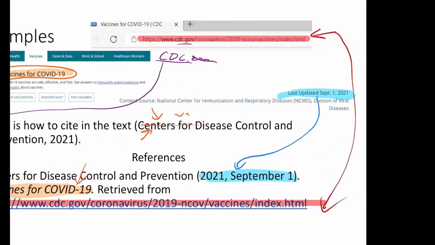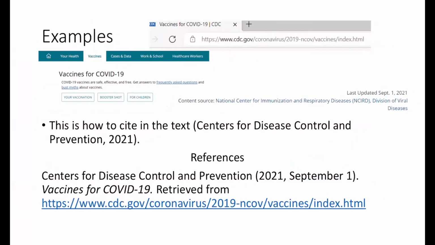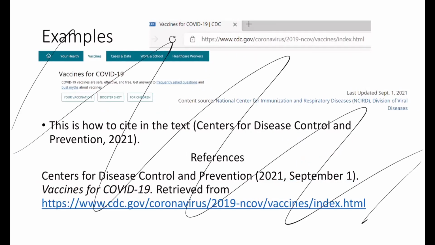Now, let me see. I'll bring up a new page here. So I'm just going to kind of scribble over this so that I can give you guys an example of how you might cite something that comes up in a class. So let's say that there was something in one of my presentations, a lecture, something like that, that you want to cite in your discussion post. Then what you can do,